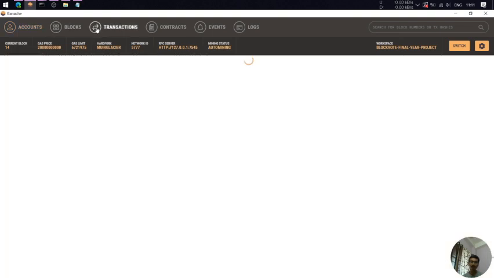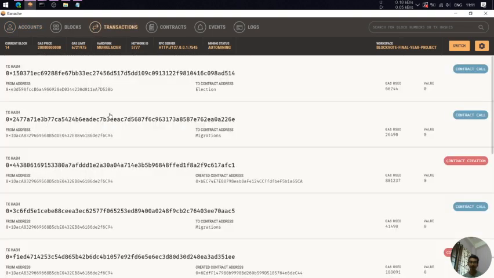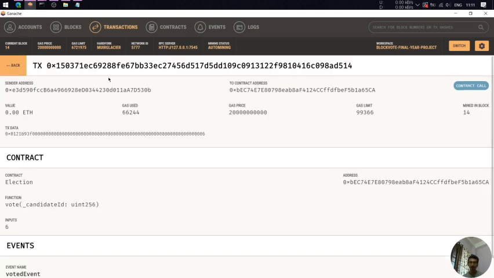Let's go into the transaction. Remember that as a voter in the public world, I can't see this because I don't have the blockchain access. Only the contract owner will have the blockchain access. So this is my transaction, most probably. You can check this was my address, and this is the contract address. Everybody has an address. I used gas. Gas is basically a transaction amount or commission, whatever you say, for the transaction to be validated and written. So these are all the blockchain details.